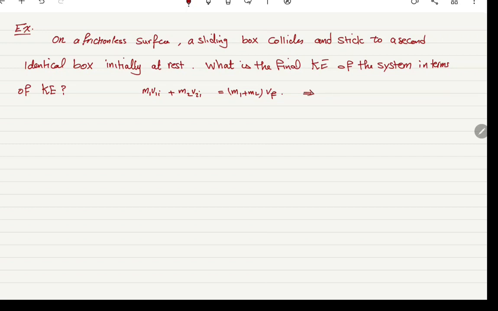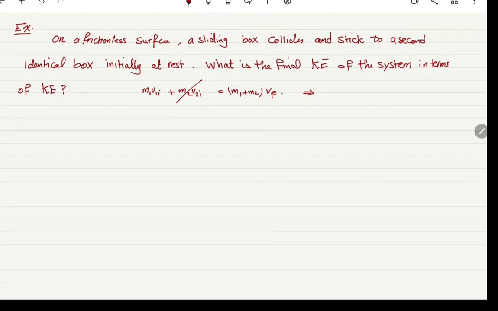In this case, the other box is initially at rest and the boxes are identical, which means m v1 initial equals 2m v final, or mass with mass cancels out,